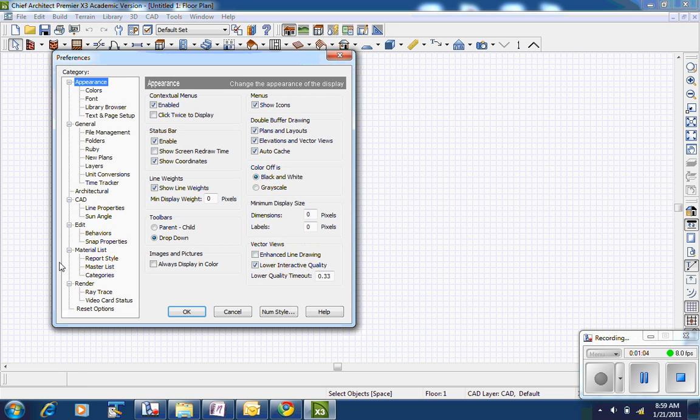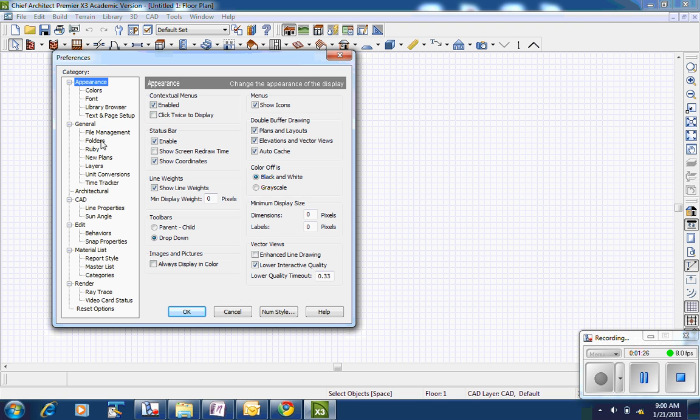Preferences. Now keep in mind, just because we're storing to the hard drive doesn't mean it's backed up. So you may want to bring in, you can burn a CD, burn a DVD. The best bet's going to be to bring in a flash drive. You can store your projects on there. So go to Edit, Preferences, in Chief Architect, and then we're going to go to, there's something called Folders somewhere